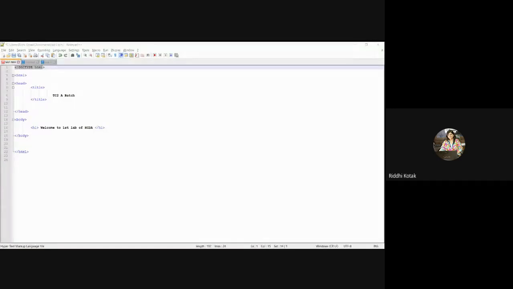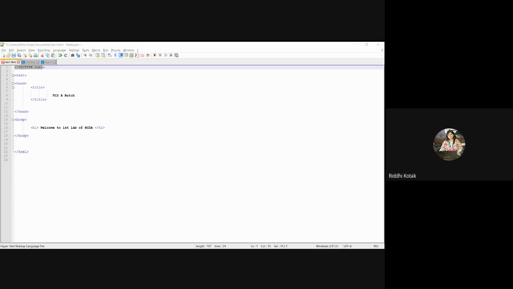Can anyone tell me what you mean by HTML? You can unmute your audio and give the answer. What do you mean by HTML? Yes, it's Hypertext Markup Language.